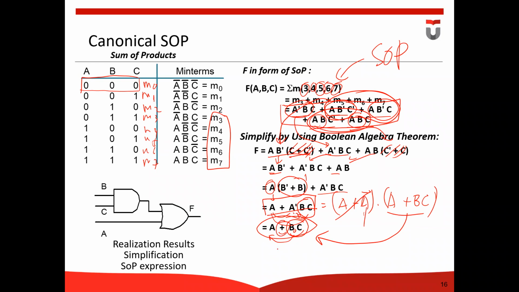Because this is the last operator and plus is similar to OR, then we have an OR gate in here. And this OR gate comes from A plus BC. And then BC is a multiplication. A multiplication comes from an AND gate. This is the AND gate, which is multiplication, so it comes from B and C. So we need only 2 logic gates to implement this function A plus BC. One is the OR gate, the second one is the AND gate.